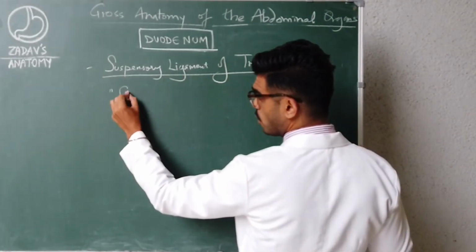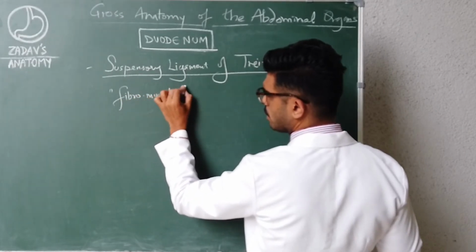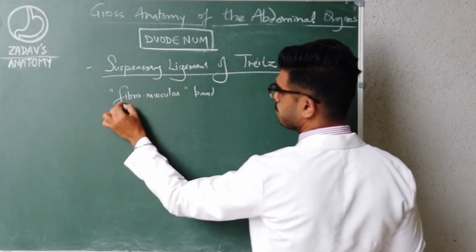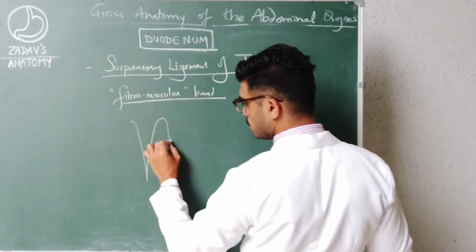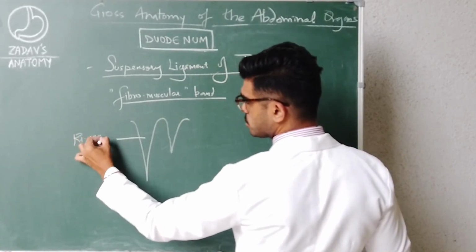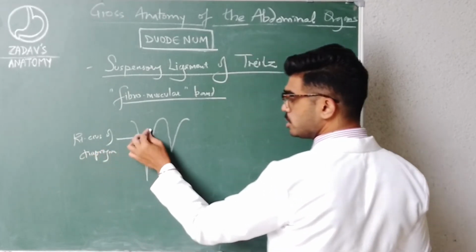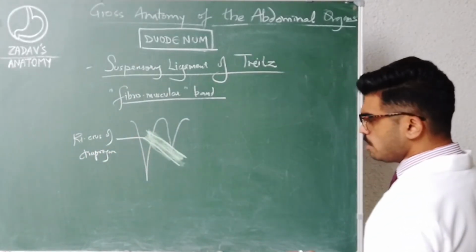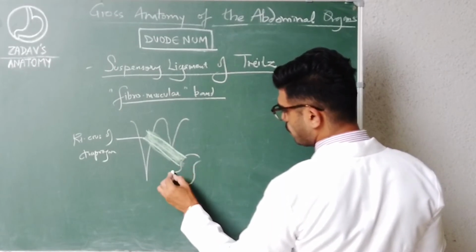Remember this: fibromuscular band connecting the right crus of diaphragm to the posterior aspect of